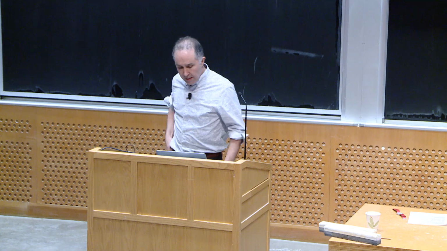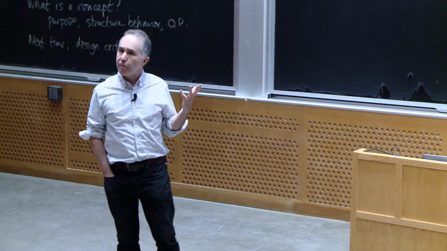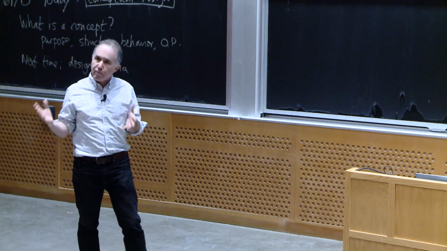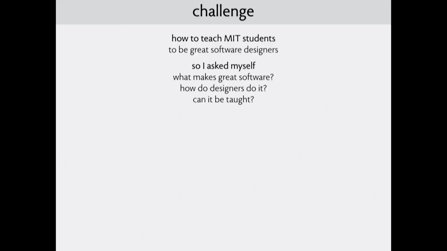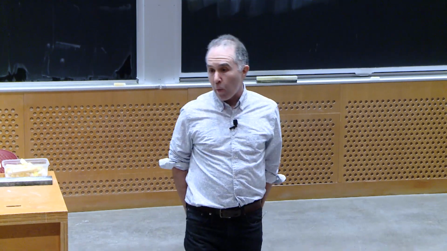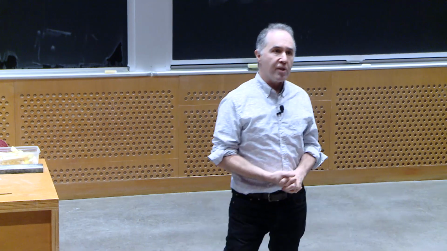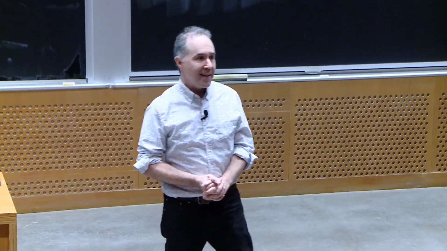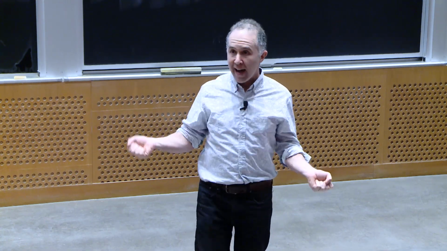So in order to answer that question, I asked myself, first of all, what is great software? If I look at all the software products I know, and I try and separate out the ones that have some greatness about them, what is it that makes them great? And then I asked myself the question, how did the designers of those pieces of software actually do it? Because I want to be able to say to you, this is how they do it, this is what you should do. And I don't want to say you should apprentice yourself to a great designer and spend the next 20 years learning how to do it, because, understandably, you're impatient, you want to do it now.